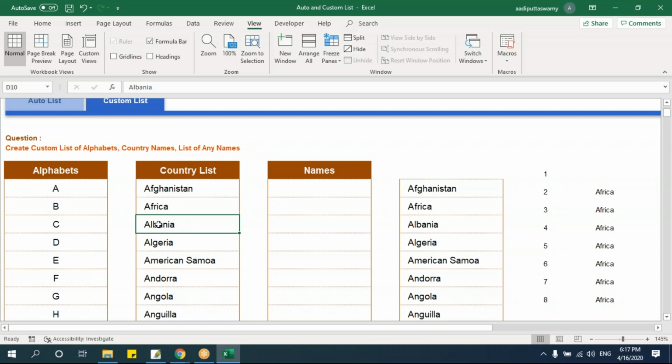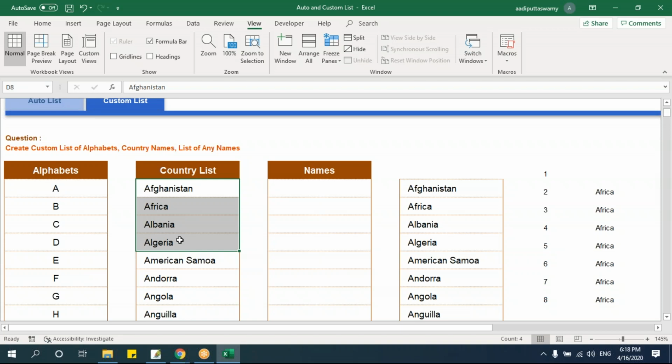Don't assume that I have created one list, so if I'm sending this file, the list also will be transferred along with this. It is not like that. The list is created for the application that I'm actually creating, that is for my application in my system, it will be saved. Okay, fine.